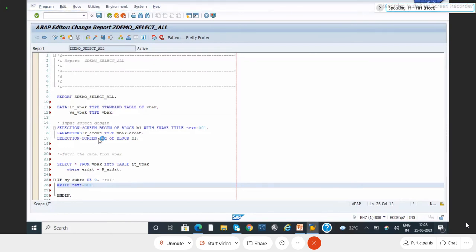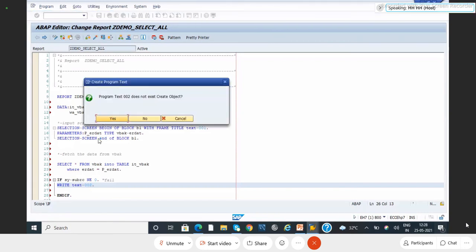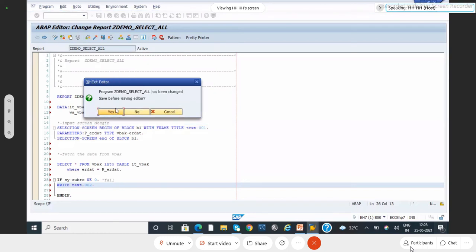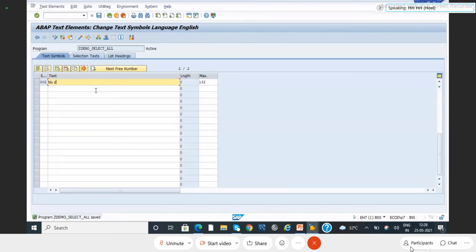This is very useful whenever you are running your program in different languages. Without changing your program, you can change your descriptions very easily. That is the advantage of text elements. That's it. Save and activate.